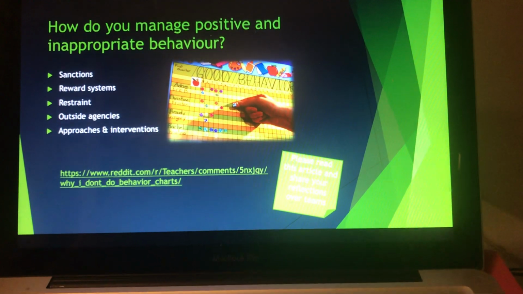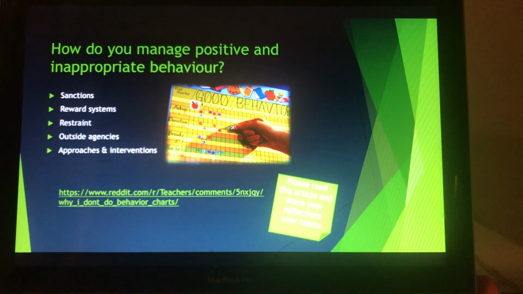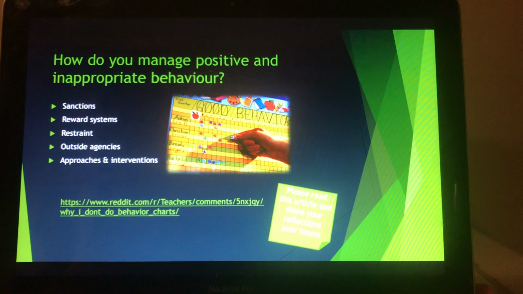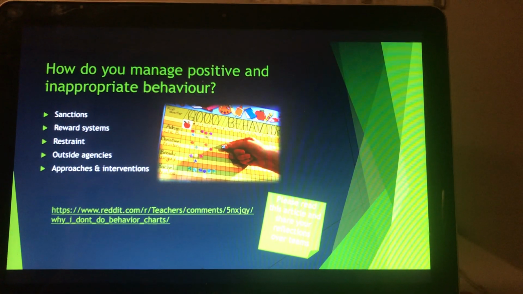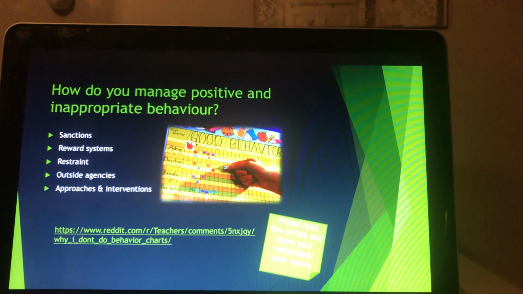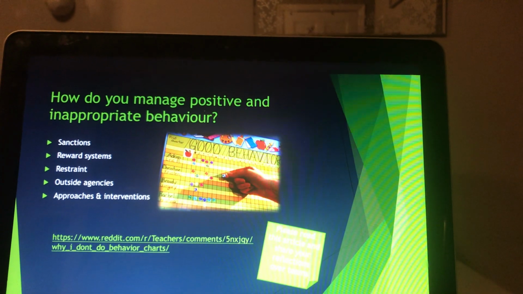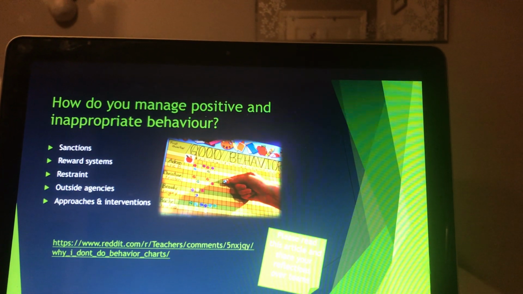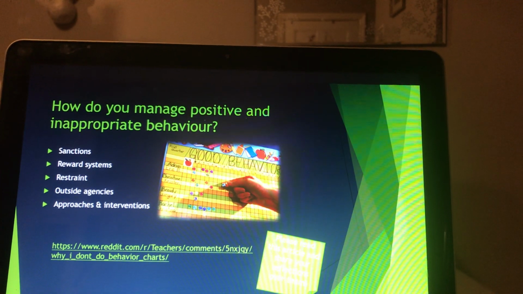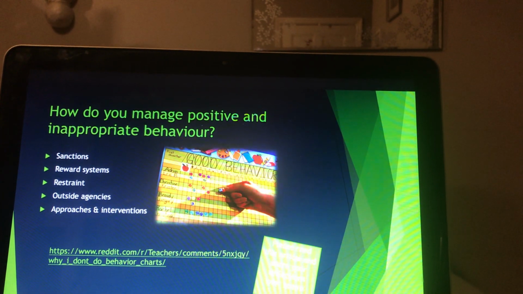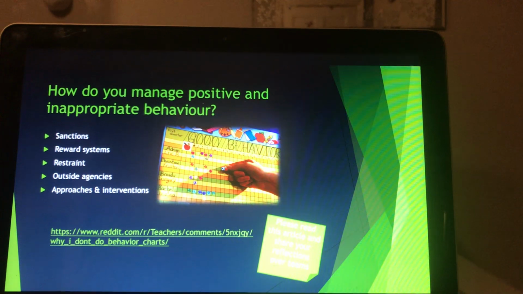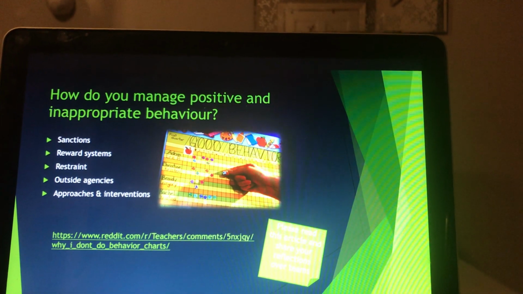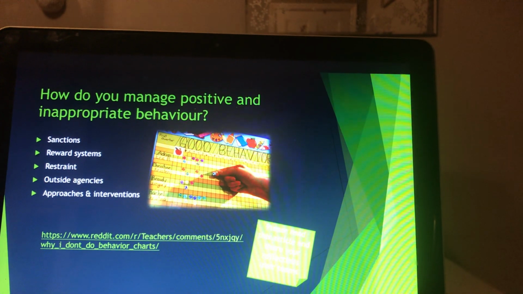Outside agencies. How do you manage probably inappropriate behaviour, we're looking here, with outside agencies? So at what point are you contacting educational psychologists or somebody within the local authority, maybe a specialist that you're looking at there, maybe a social worker, maybe an additional therapist like a play therapist you're potentially working with? At what point do you refer to provisions such as the Chestnut Outreach Service?